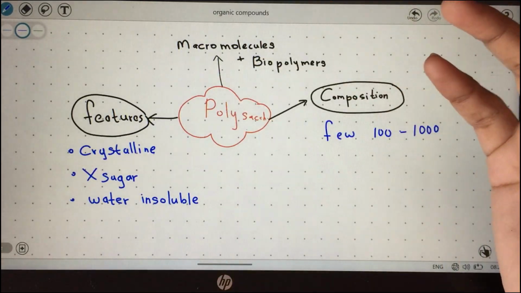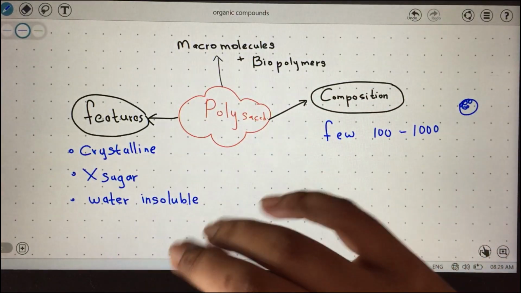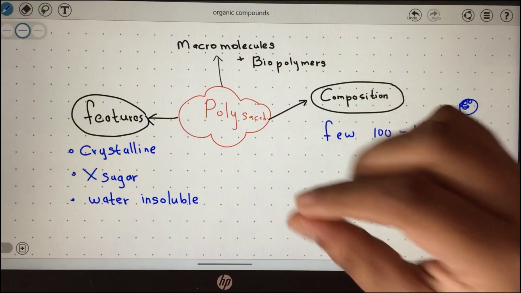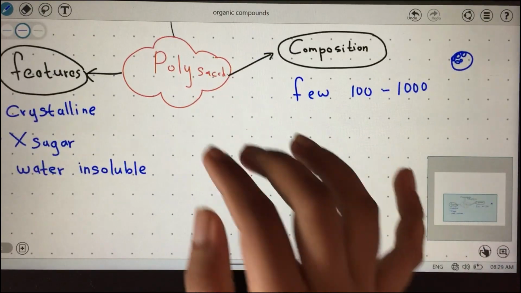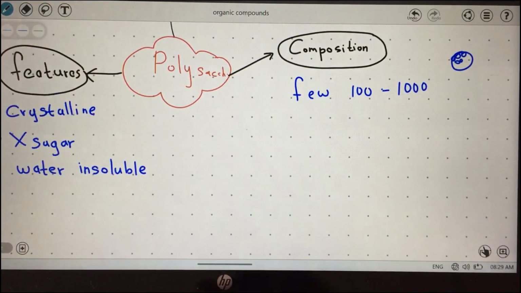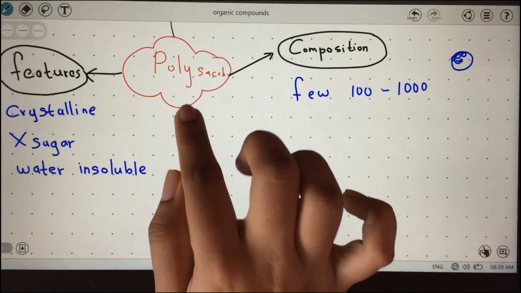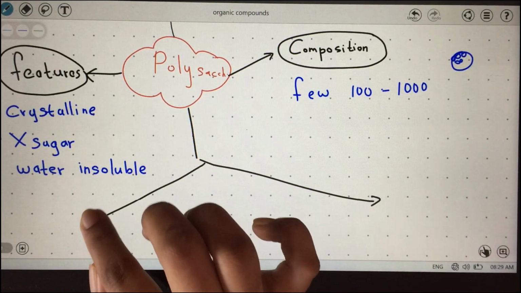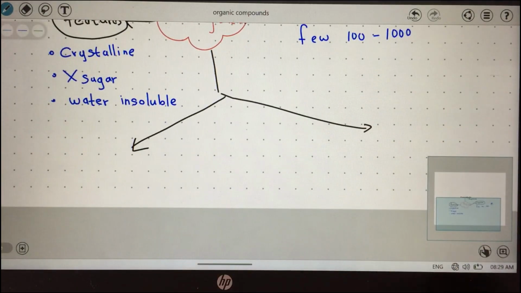Then for disaccharides, of course, we didn't have any such special classification. We just mention the ways they are formed. Here for polysaccharides, we are going to classify them according to certain criteria into two main categories. Okay, now in monosaccharides also there are two main categories. So you should be able to relate this.